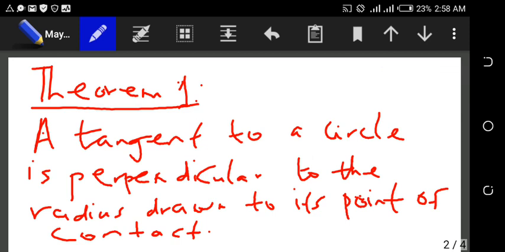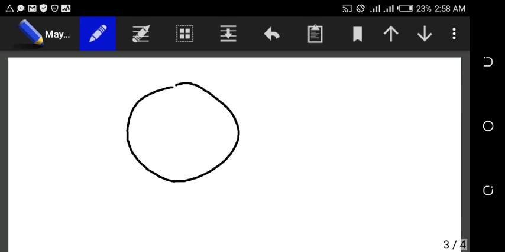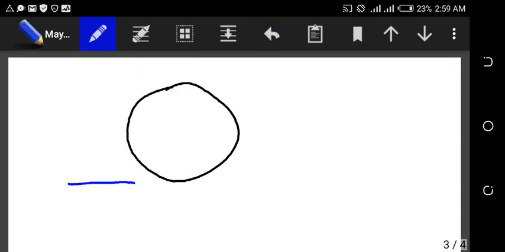We have a keyword here, perpendicular. A tangent to a circle is perpendicular to the radius. So a tangent is perpendicular to the radius drawn to its point of contact. Let's make a diagram to illustrate that. So what it is saying is that if we have a circle and we have a tangent, let me change the color for the tangent now. We have a tangent,